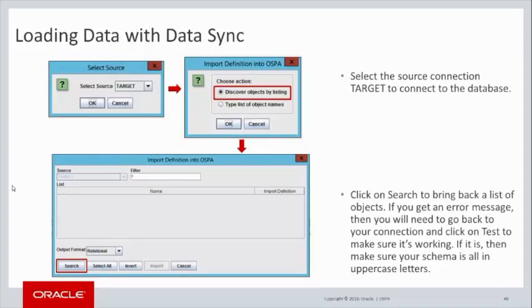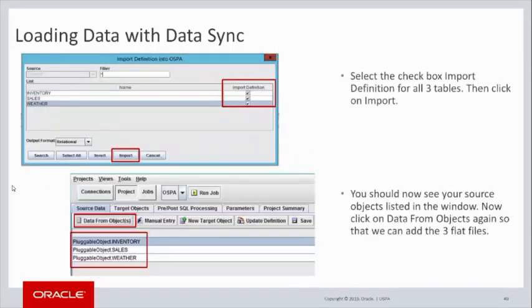If you get an error message, then you will need to go back to your connection and click on Test to make sure it's working. If it's then working, make sure your schema is in all uppercase letters. Select the Check Import Definition, in this case for all three tables on the source database. Then click on Import. You should now see your source objects listed in the window. Now click on Data from